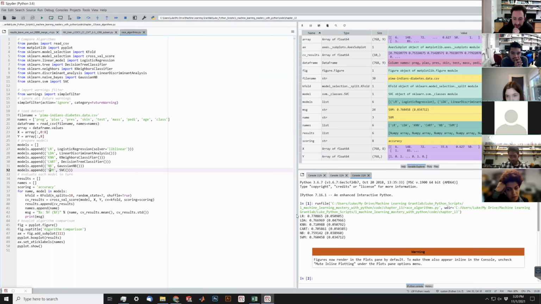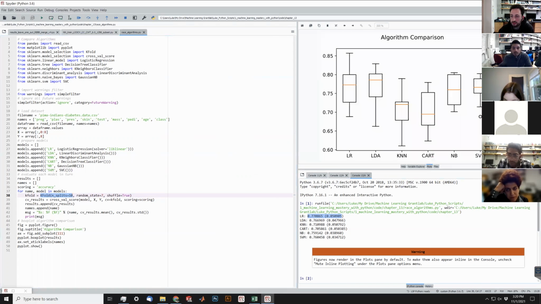isn't that nice? We get an accuracy and a standard deviation across the KFold 10-split cross-validation for each of the algorithms. And I believe that there's actually a plot here. Yeah, this one here. I'm gonna move everybody up. That shows a comparison between the algorithms. So on the left-hand side here, we have accuracy, and I'm gonna go ahead and